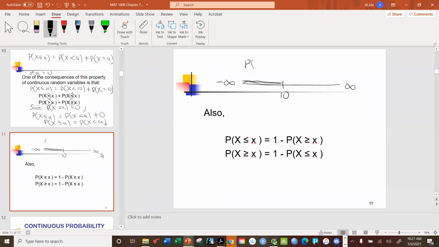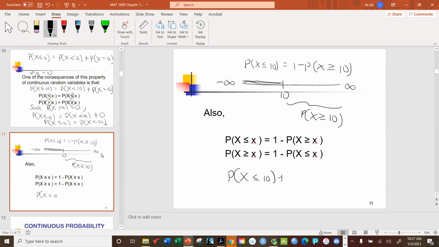This probability is the same as the complementary one, because they have to add up to 1. Okay, so with all that being said,